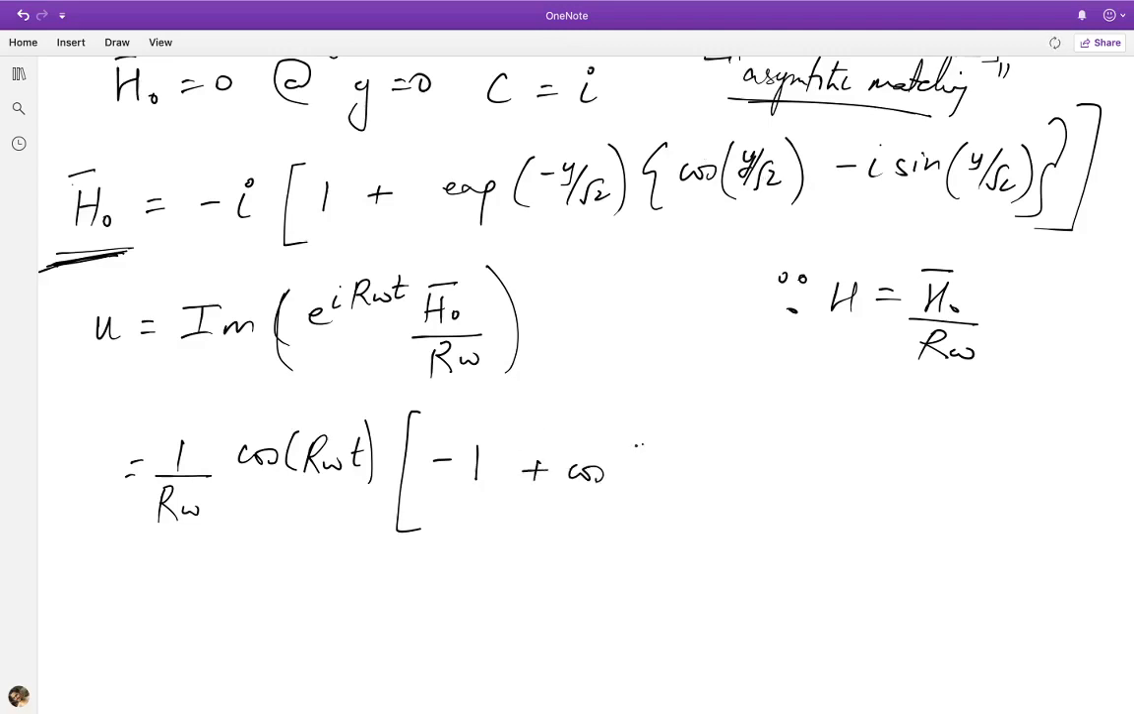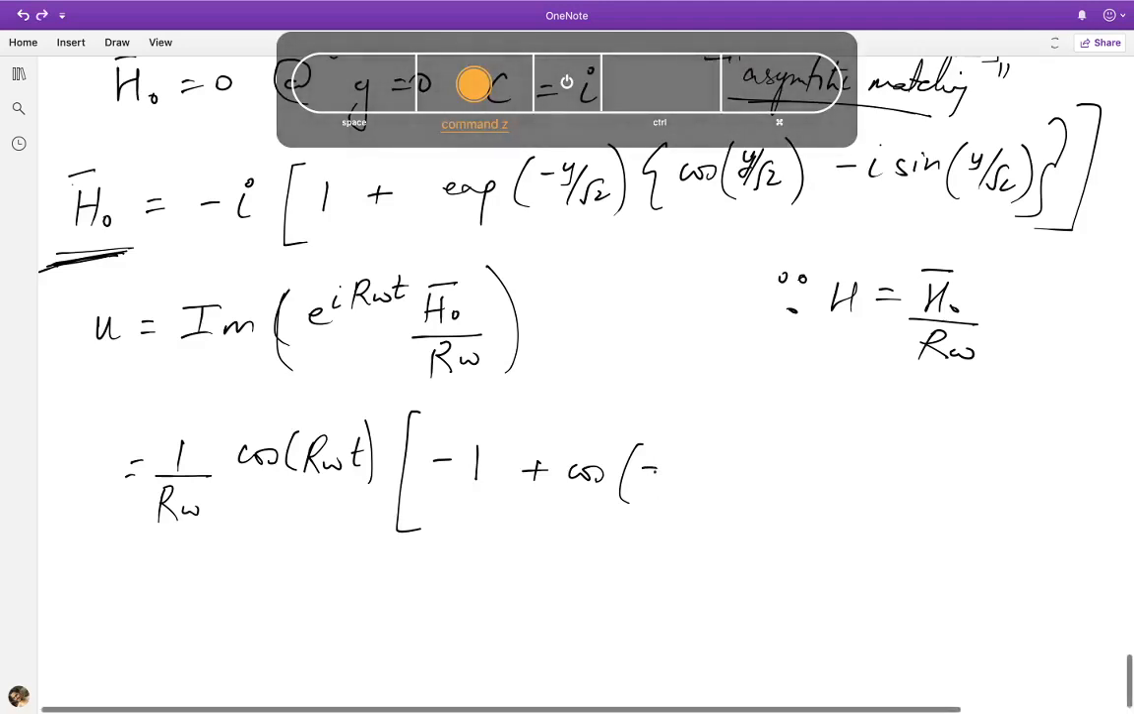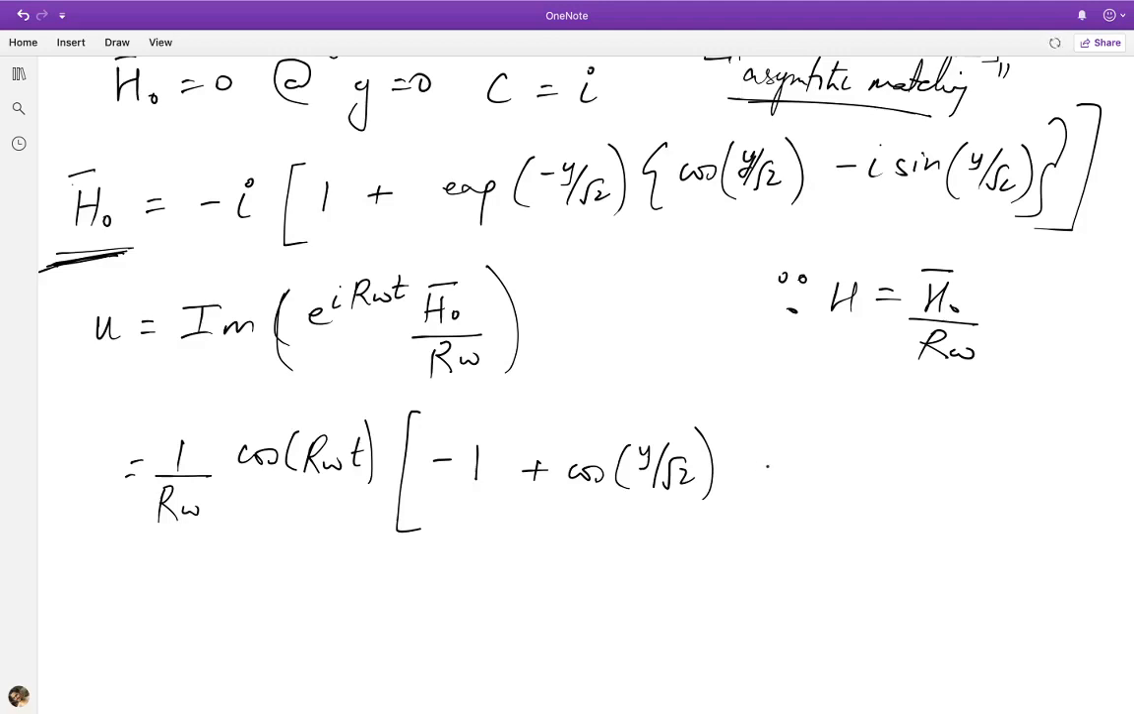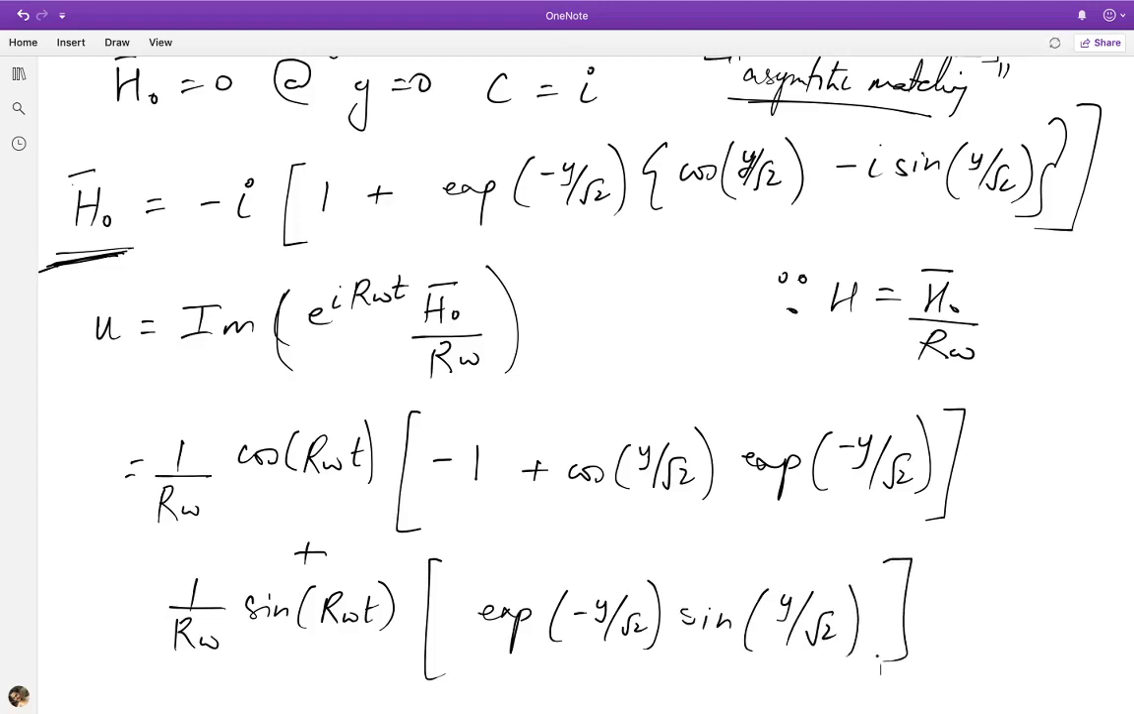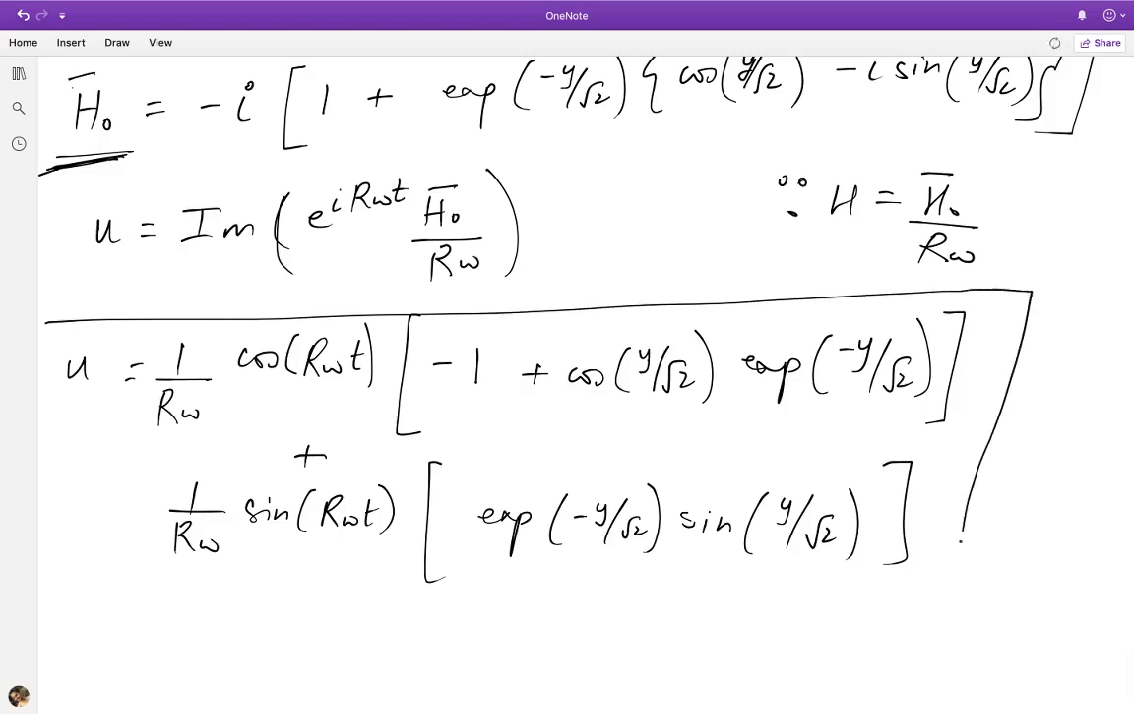So I get plus cosine of minus y by root 2, which is basically cosine y by root 2, the minus sign doesn't make a difference, times the exponential of minus y by root 2, which is the exponential decay away from the wall, plus now again the 1 by RW factor, this time the sinusoidal part from e to the power I RW t, multiplying the real contributions from H naught bar, which is just root 2, and the minus sign cancels off with this minus sign, so I get sine of y by root 2. So this is the full asymptotic solution for U,